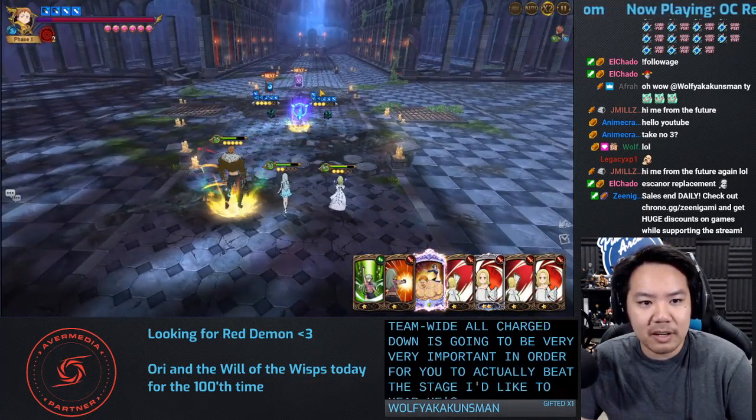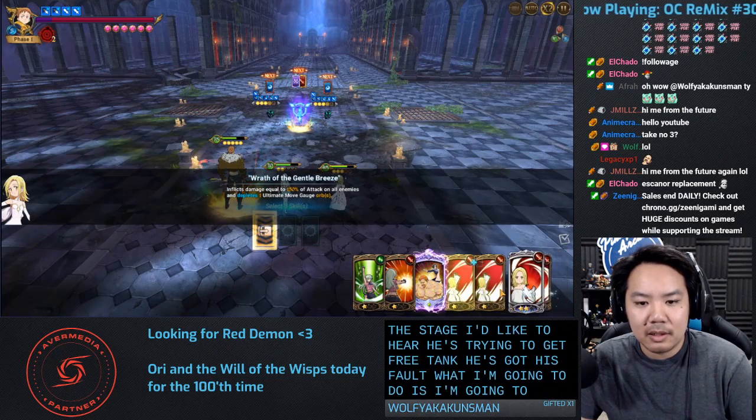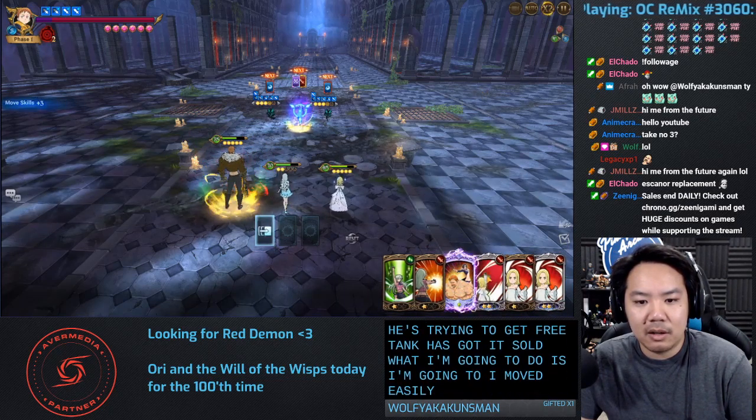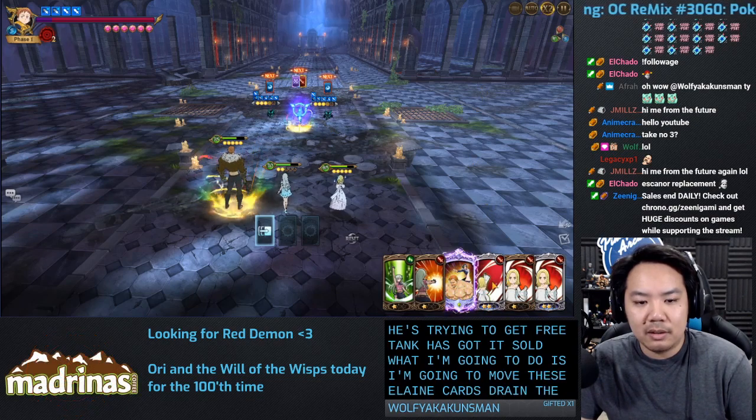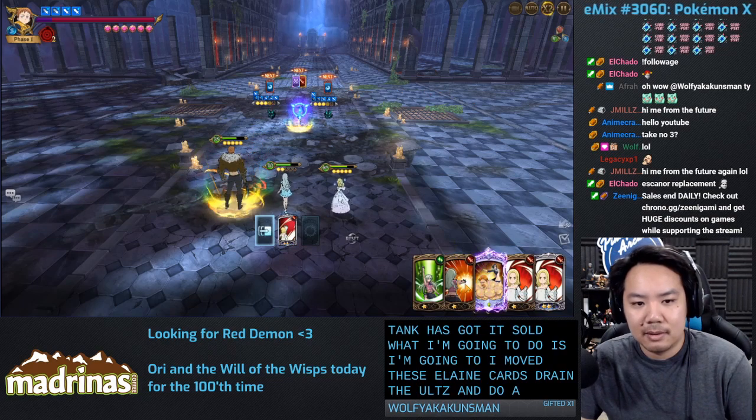It's like here he's starting to get pretty tanky. He's got his ult. What I'm going to do is I'm going to move these Elaine cards, drain the ults, and do a...